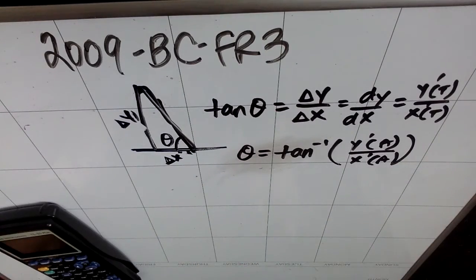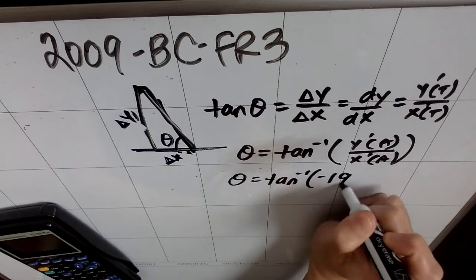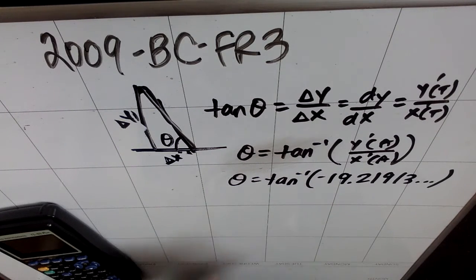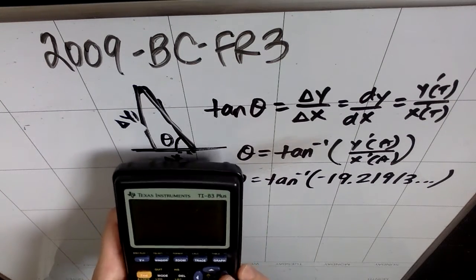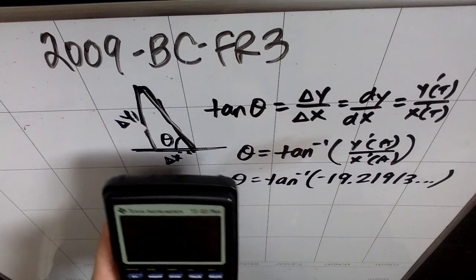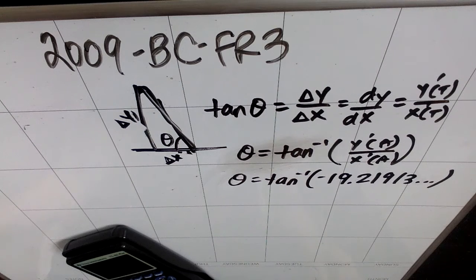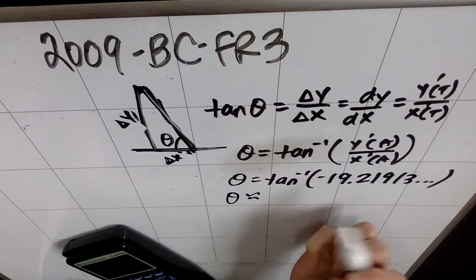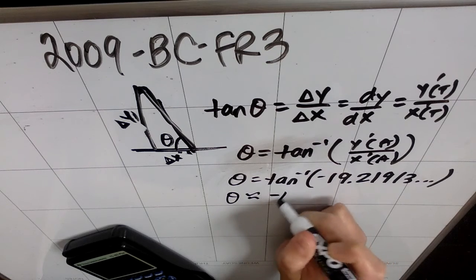So what I want is the inverse tangent. My theta is the inverse tangent of this negative 19.21913. I'm going to store that as alpha c for a sec so I can use it. I want second tangent of the thing I called alpha c. And there you go. When I did that, I got that my theta is negative 1.518